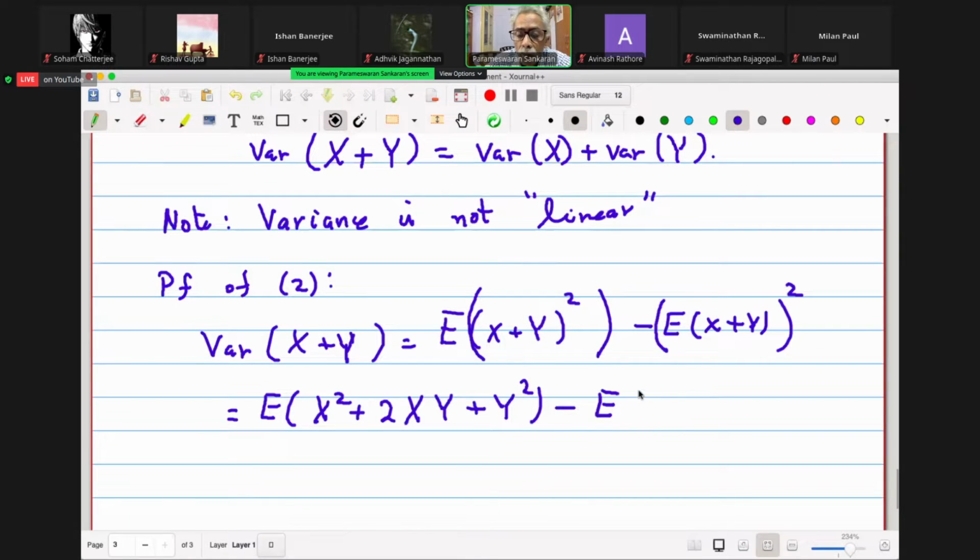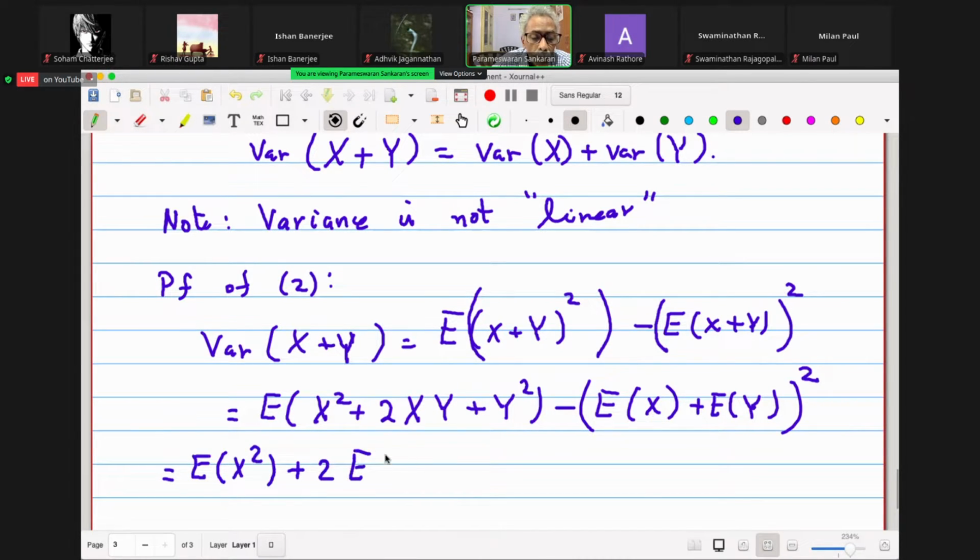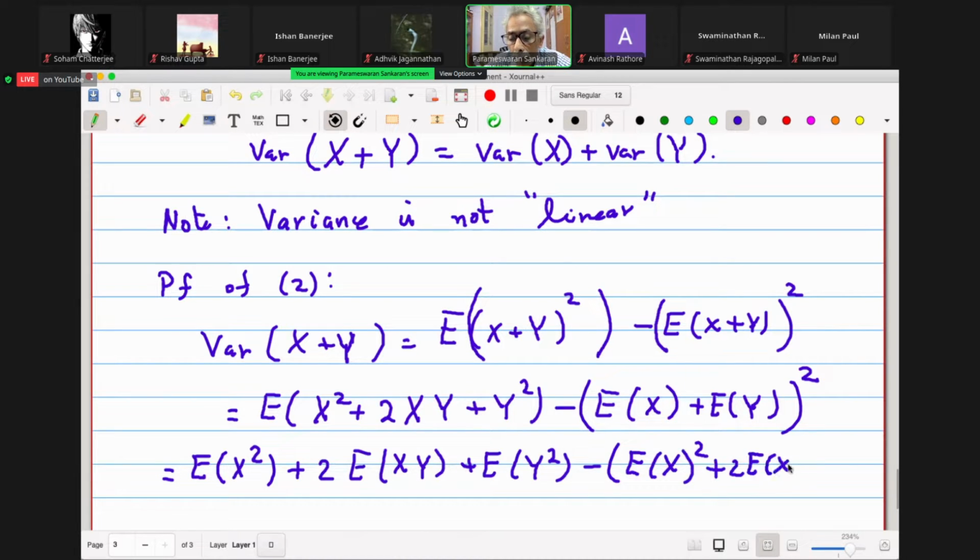E of x plus y is E of x plus E of y. So I write that and put the square here. This is equal to, well, expectation is linear. So E of x square plus 2 times E of xy plus E of y square minus, and then right here, these are two numbers, just a plus b whole square. So it is E of x square plus 2 E x E y